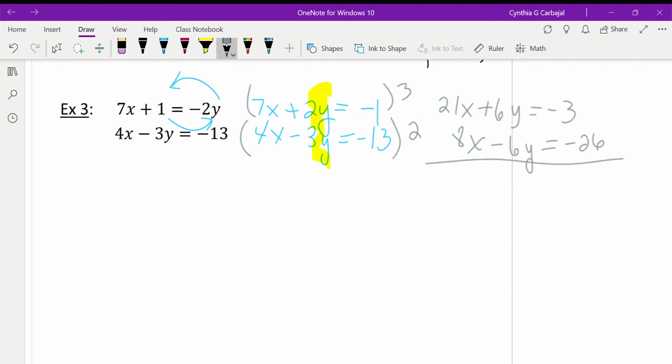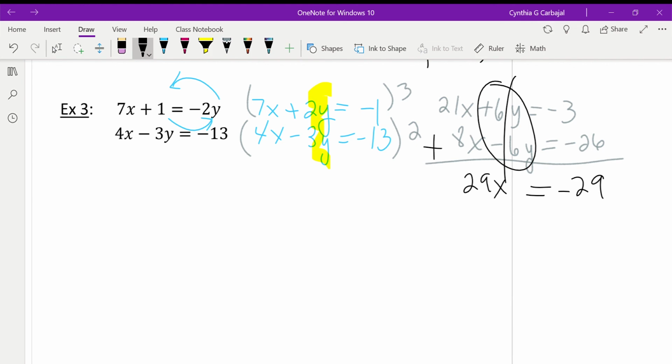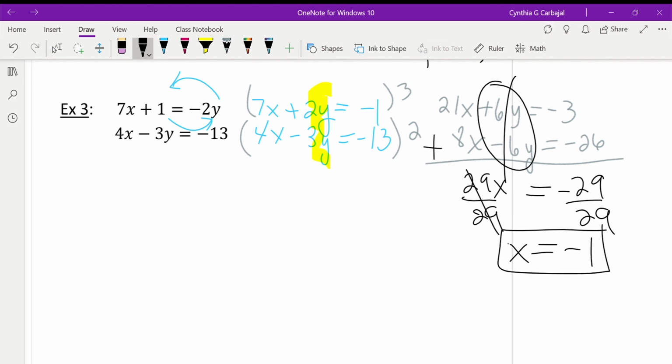Now I can add them. And these are inverses of each other. Be careful, make sure that they're not the same sign, because then they won't cancel out. So they'll cancel out. This will give me 29 when I add, and this will give me negative 29 when we add. Divide both sides by 29. X equals negative 1. Now, if you want, you can do the same thing and just pick the number to eliminate x. Or you can substitute